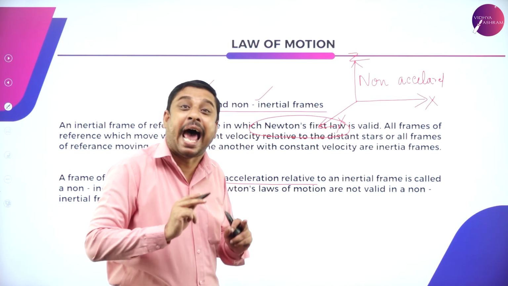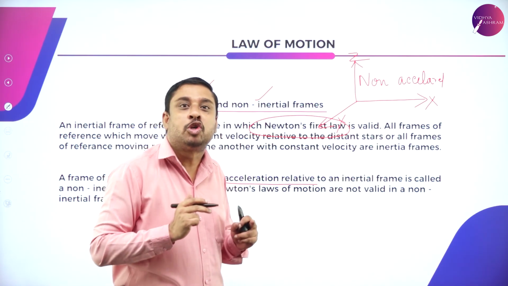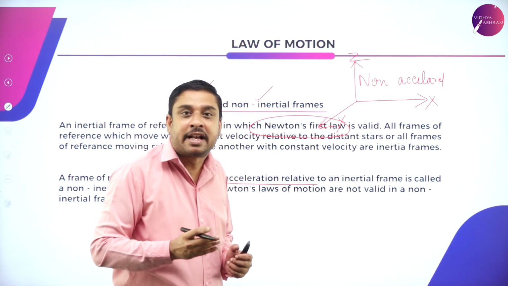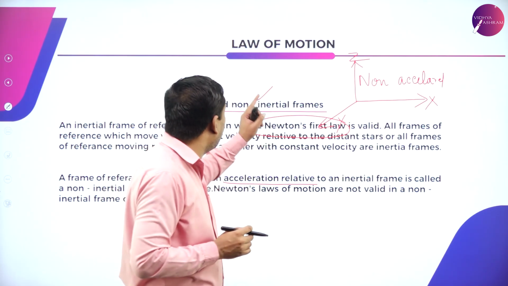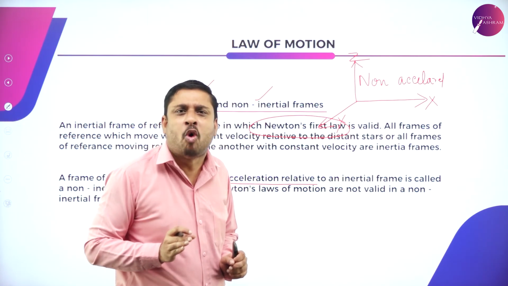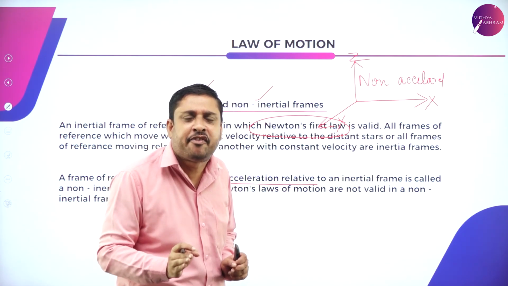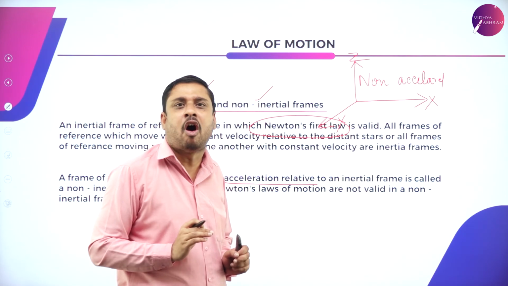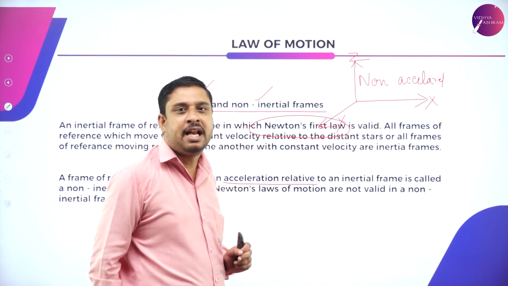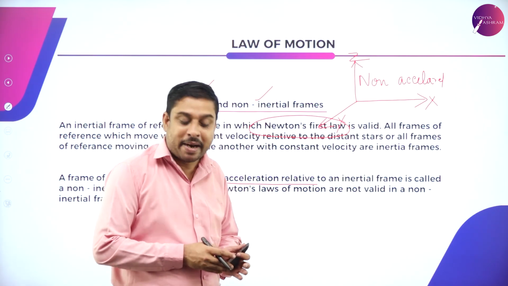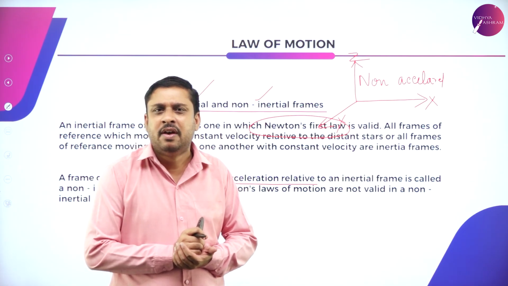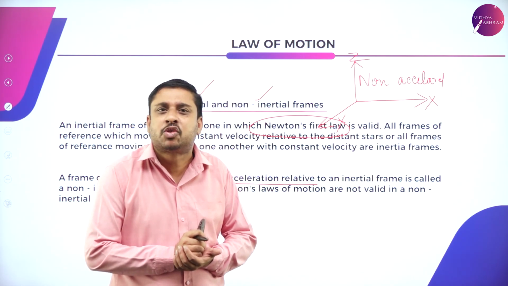Non-inertial. It is an accelerated frame. Motion of bodies tends to happen with variable speed. For example, motion of the earth. So, inertial frame, no acceleration at all. Any motion happening in an inertial frame must obey Newton's first law. Body should be moving with constant speed. But non-inertial, exactly opposite.